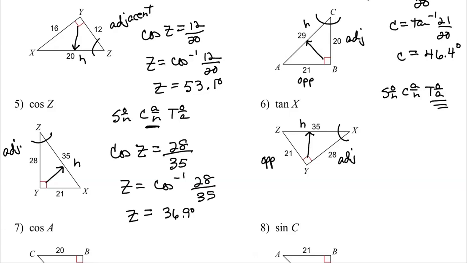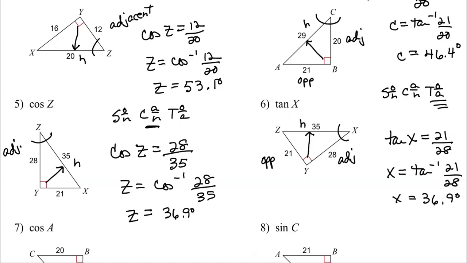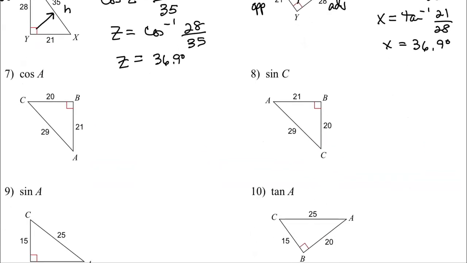Okay, so for number 6, I'm going to say the tan of X equals opposite over adjacent. Therefore, angle X is going to be tan -1 of 21 over 28. And that angle ends up being, rounded to the nearest tenth, 36.9 degrees. Okay, we're going to do a couple more together. Okay, so for number 7,